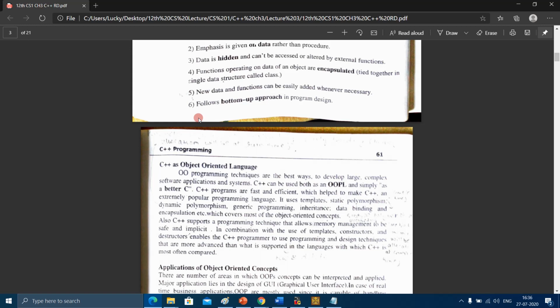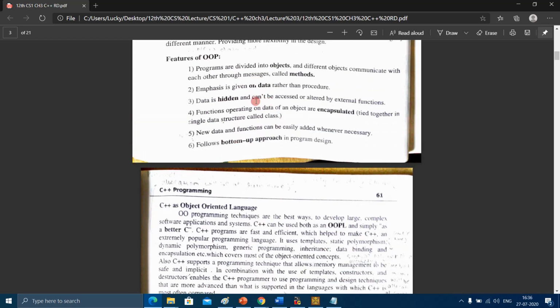A complete task is divided into subtasks, or you can say multiple objects. So we are dealing with objects and then we are integrating all the objects and forming the complete program. Whatever we are doing is around the object. That's why it is the bottom-up approach, from low level to higher level we are going. That's why the OOP language follows the bottom-up approach in program design. So these are the 6 features of OOP.